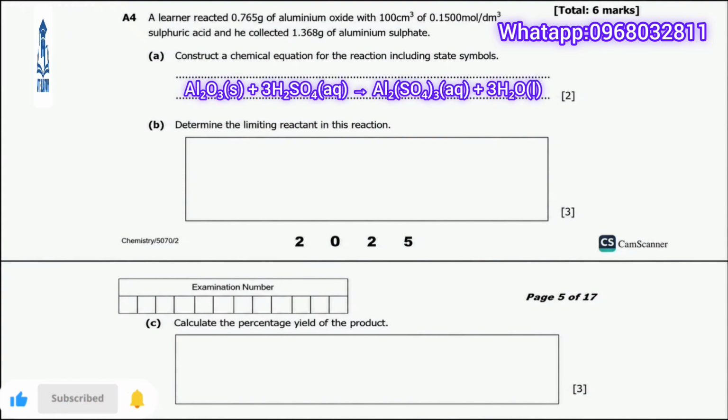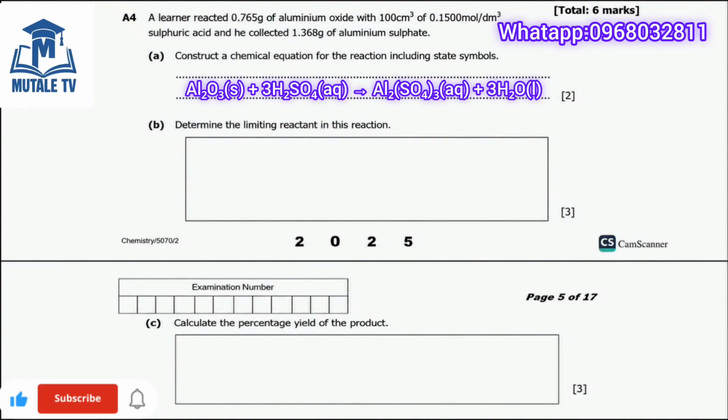So in this case, when we react aluminium oxide with sulfuric acid, we're going to say aluminium oxide plus sulfuric acid will give us what? Aluminium sulfate plus water. Now we need to balance the equation. So for us to balance the equation properly,